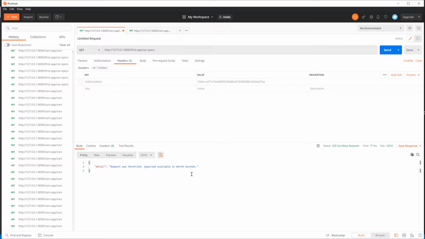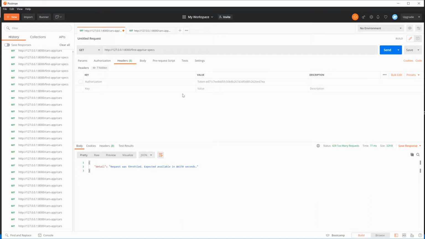So as you see now, after adding the cache, Django remembered that this client already requested 4 requests to the first app, so it can't perform any more requests,